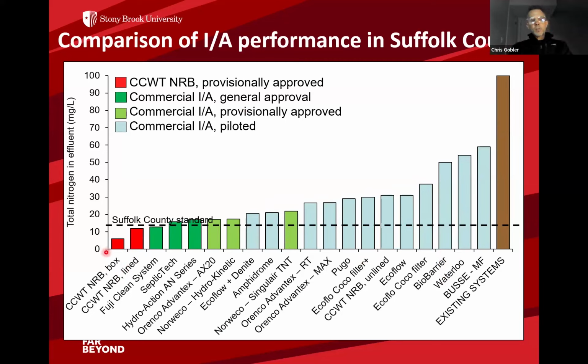And then there's a second configuration we call the box system, where the wood chips are actually separated out in the box. And you can see the performance is... It's saying if you put wood chips at the end of your...